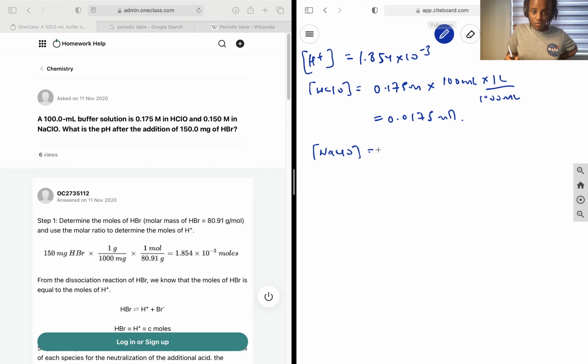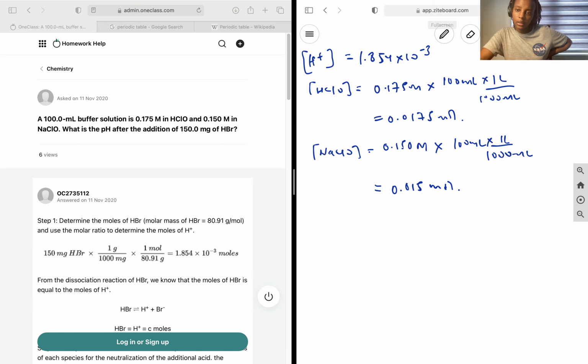NaClO is going to look similar. 0.15 molar times 100 milliliters by 1 liter over 1,000 milliliters. And this is going to give us 0.015 mole. So next up, we're going to build our ICE table,